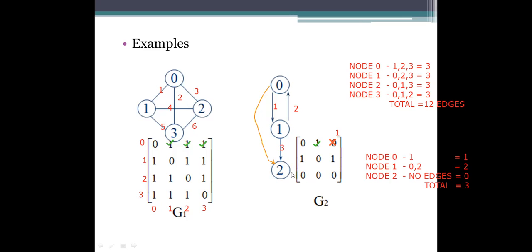There is no edge here. Simply we will represent the values of the last row as 0. So in this matrix representation, if there is an outlink from this node to any node, we will represent it as a 1 here. In links are not being represented here.